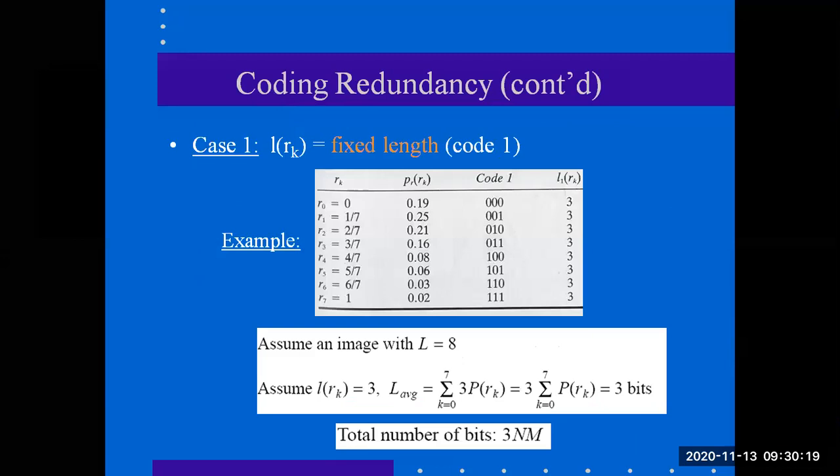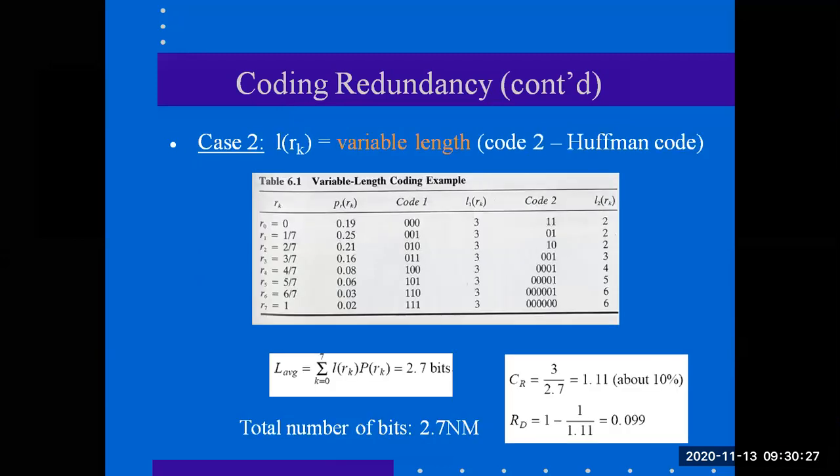Now we are calculating the coding redundancy with the help of compression ratio and L average. The code word is different. First is the fixed code word. Second is the variable code word. The example for a variable code word is Huffman code. This Huffman code has different, variable bits. So in the third column, the last but one column,